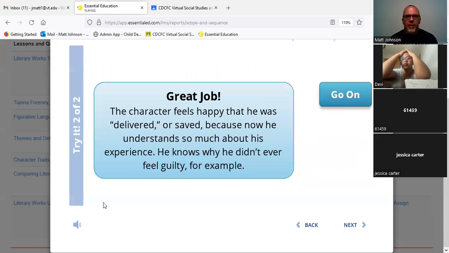Great job. The character feels happy that he was delivered or saved because now he understands so much about his experience. He knows why he didn't ever feel guilty, for example. Right. So that's something else, an explanation there is this person feels differently as he has grown up, that he doesn't feel part of the collective,